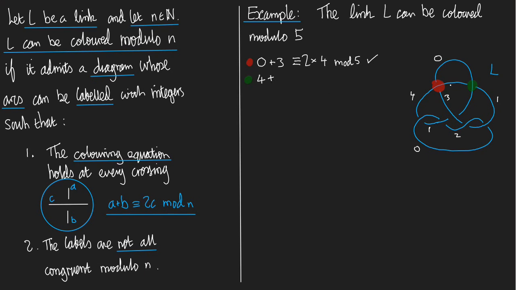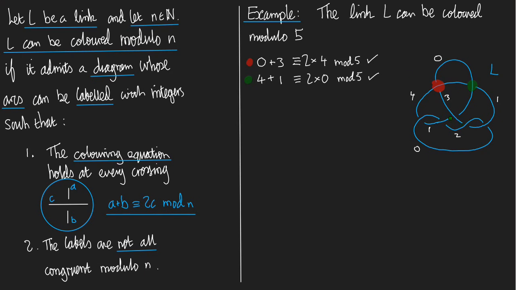4 plus B. What's B? Well, that's the label on the other arc that goes under the crossing. That's 1. That should be congruent to 2 times C. What's C? That's the label of the arc that goes over the crossing. What is that label? I can't see it. Yes, I can. It's 0. It's round here. Is it true that 4 plus 1 is congruent to 2 times 0 mod 5? Yeah, 5 is congruent to 0 mod 5. Okay, so let's